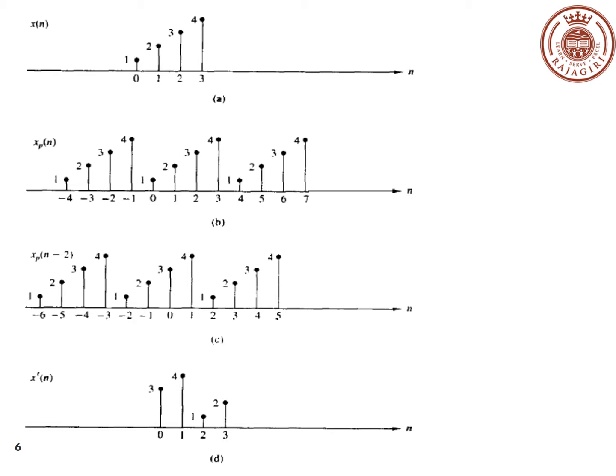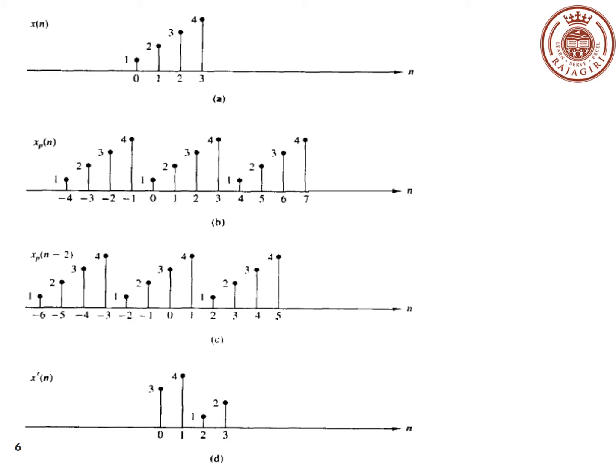Okay, and at the last step we truncate the given signal from 0 to 3, because these are the original positions. So from 0 to 3 you can see that 3, 4, 1, 2. These are the samples that I get from 0 to 3. Okay, so that is this. Now what has happened? I have shifted my original signal x of n by 2 units, and it's a circular